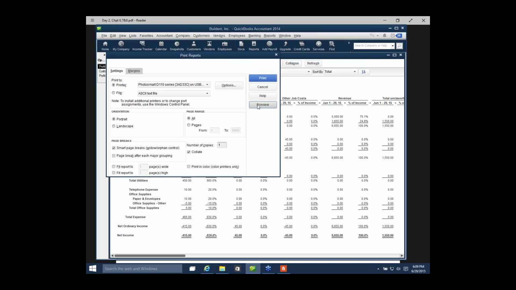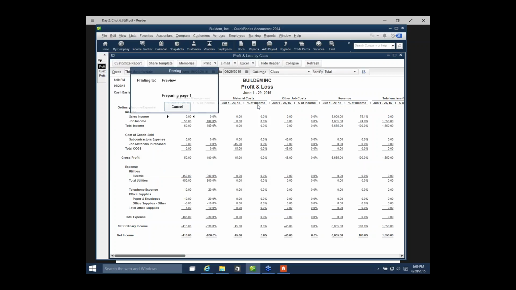And preview. And there's our preview. Check the footer, the page 1, the format is correct, and our additional line. Also here we have our header showing the Build Them with the updated capital letters, the profit and loss, and it also gives us the time the report was generated, which is very helpful if you're updating reports one right